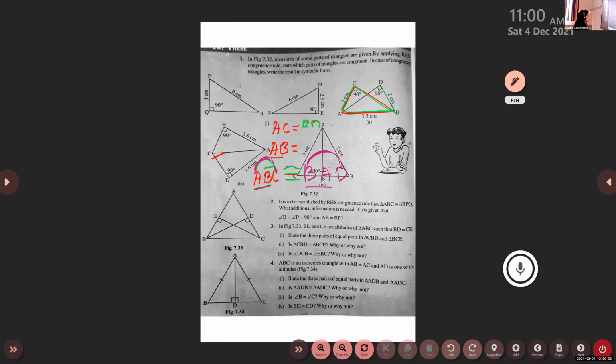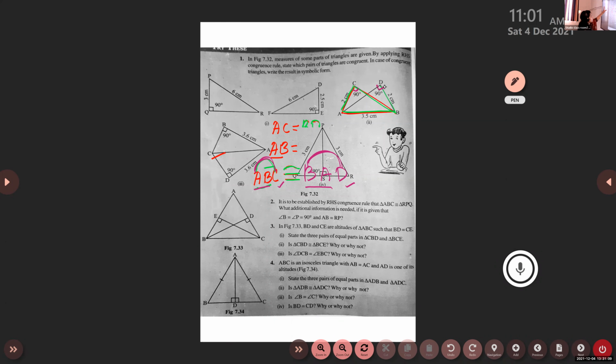Then the third side also you can check. Third angle also you can check. C is equal to D, isn't it? 90 degrees each. If you check that, you will get the congruence easily, isn't it? C is equal to D. C and D should be in the same position. Third one. Understood? So this is the correct congruence which you have to write. Understood, children, how to write? First you write whatever you feel is correct. Okay. Then you have to cross check. Then you can correct it and write it.